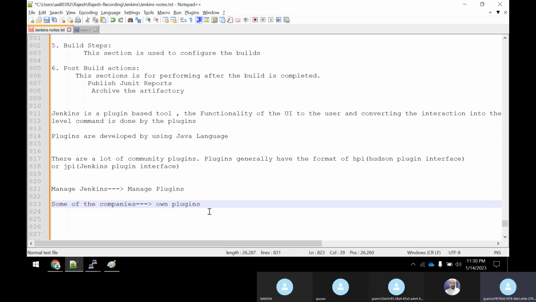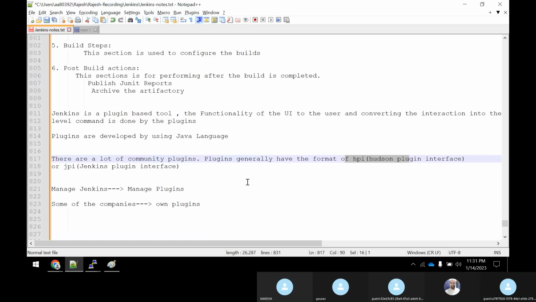So most organizations followed writing their own plugins, but nowadays there are so many plugins; a lot of communities have written so many plugins, right? I don't see any organization actually sitting and writing a plugin. But even in our company, I have seen some few developers write a plugin, and it could be either an HPI plugin or a JPI plugin. Okay, this will be the format, JPI or HPI plugin.